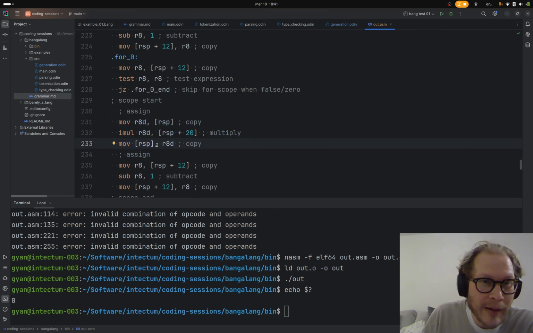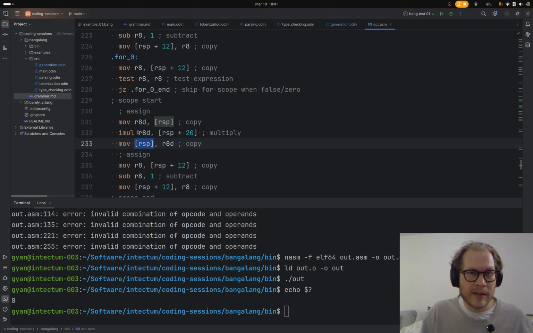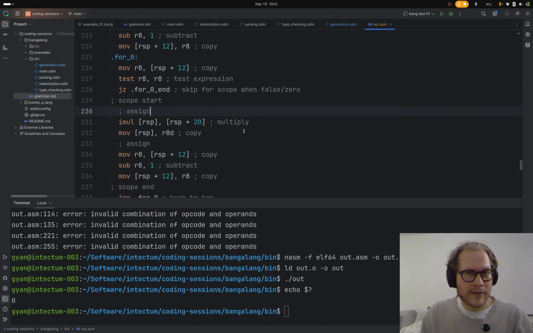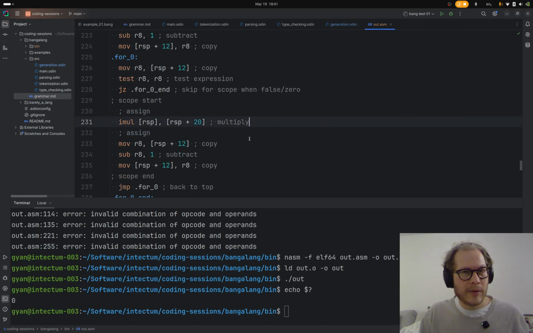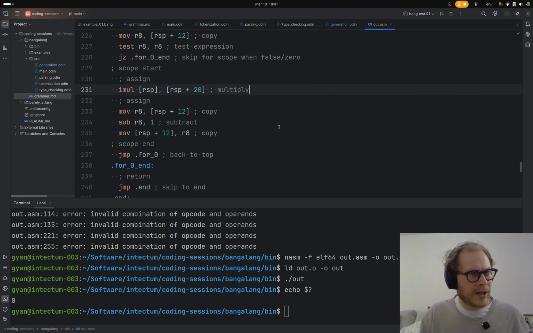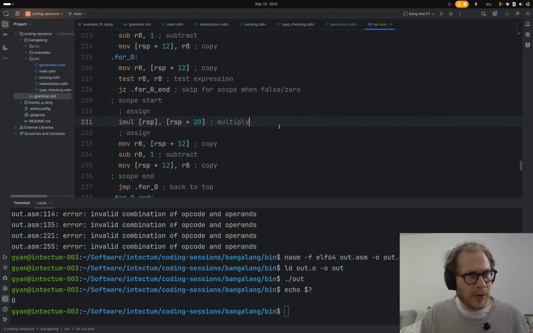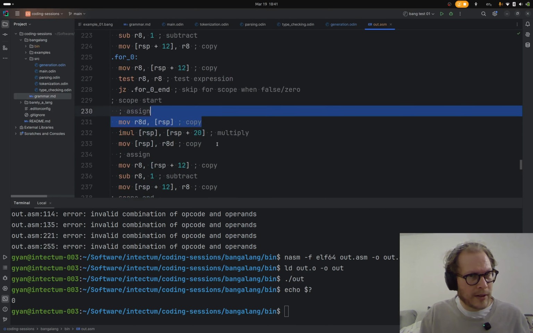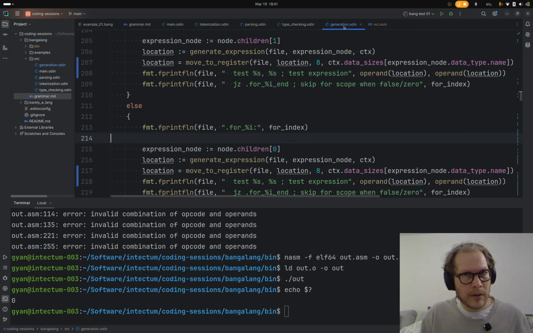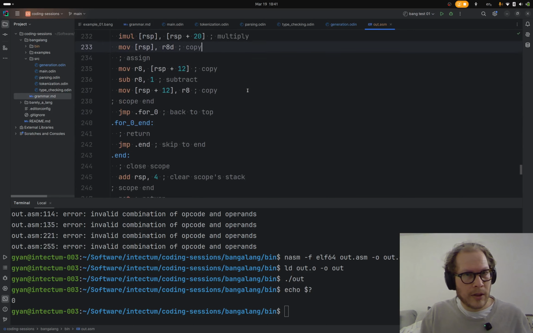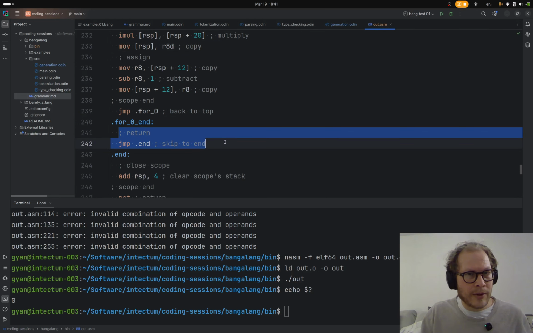Because we were talking about making it so that it would just be this, right? That we were saying it would be nice if it was just this, in which case it's not touching R8D at all. And R8D is our return. We don't have anything. Here's our return. It just says jump to the end. So our return,